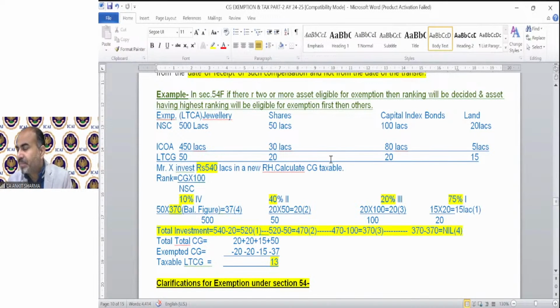Next is Rito Banerjee. Sir, if another residential house is constructed within 3 years, the exemption amount in this case will also be taxable as long-term capital gain. Yes, Mr. Rito Banerjee. If within 3 years you complete construction of a new property after claiming exemption under section 54F, then whatever exemption you have claimed under section 54F, that is going to be taxable again. Okay. Next is